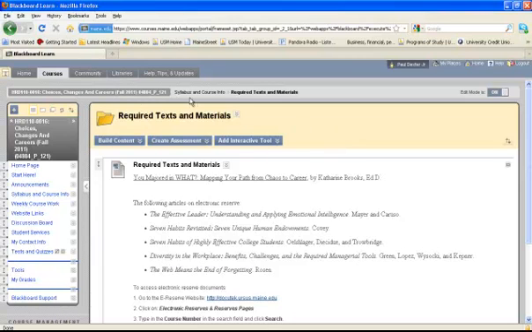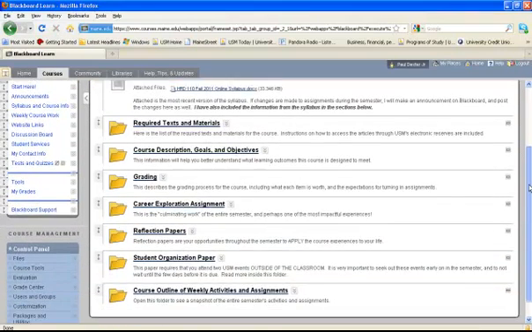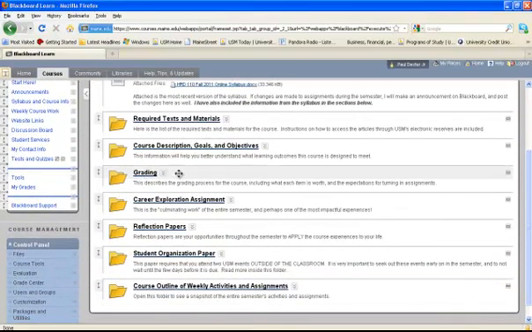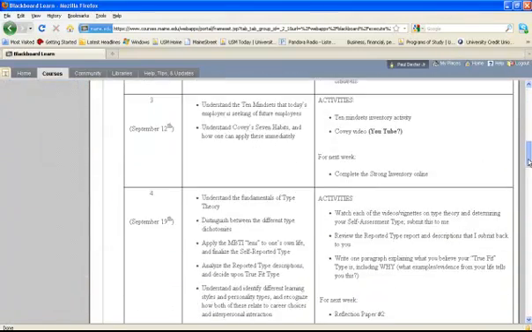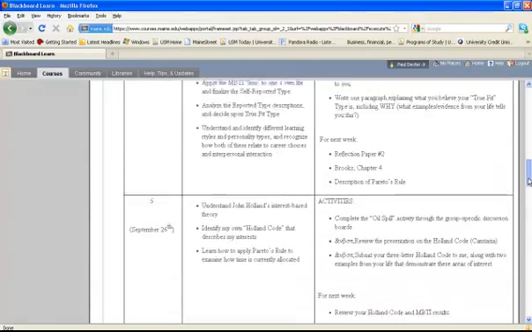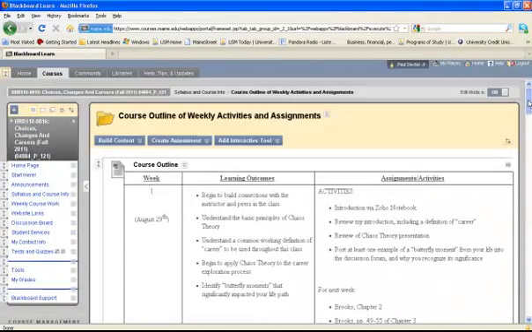If I go back to Syllabus and Course Information, I then can go down, I can look at the grading for the semester. I can look at a description of all the reflection papers that we're going to be writing. I can look at one chart in a glance that will show me the entire semester, week by week. The activities and the learning outcomes, week by week, for all 14 weeks of the course. Let's go back